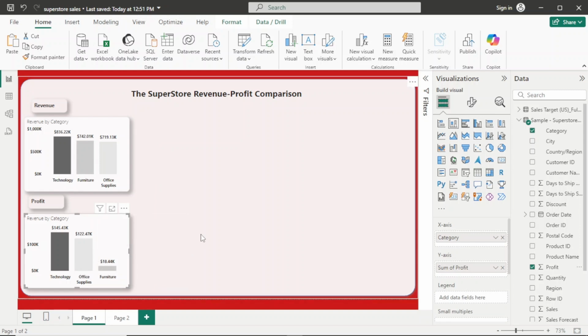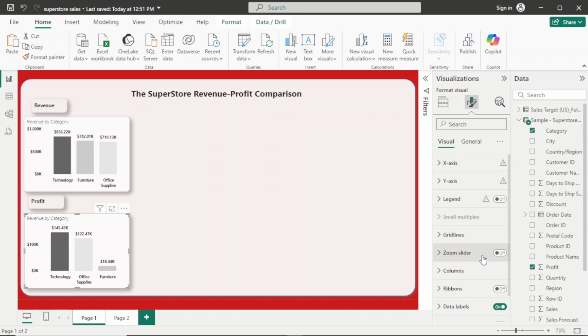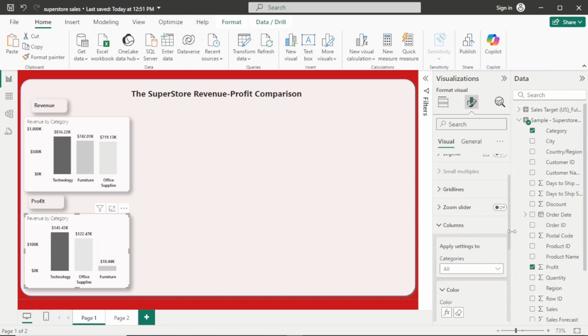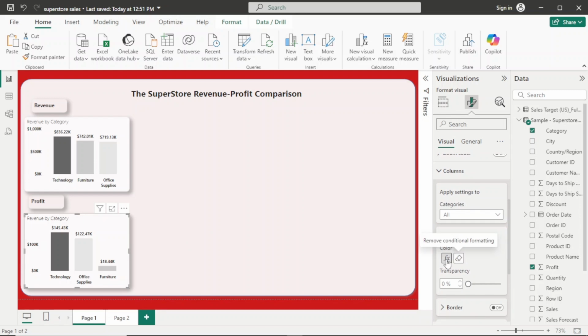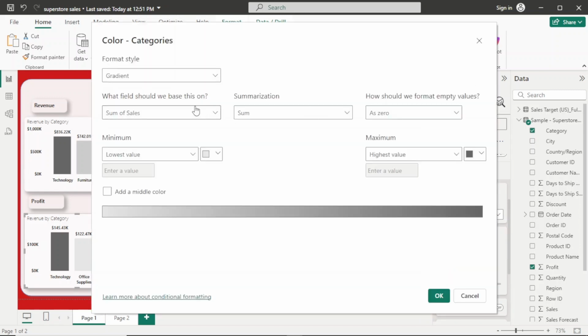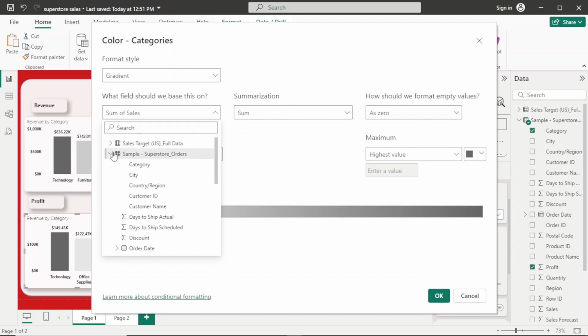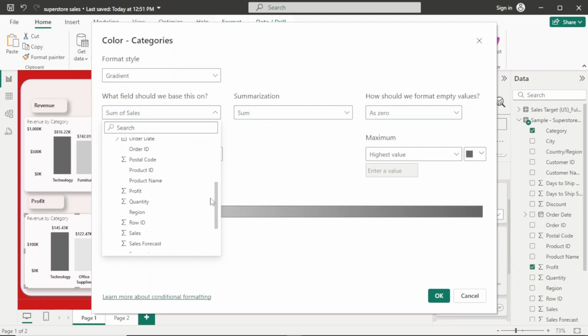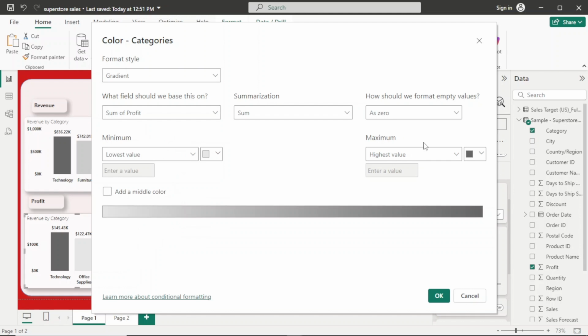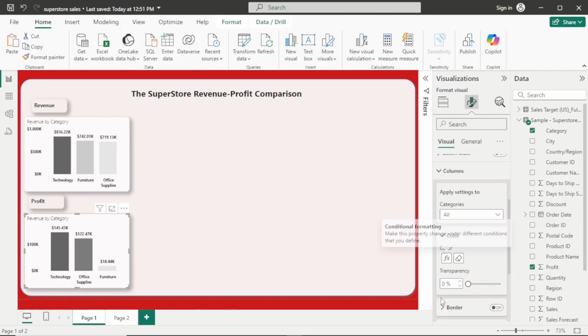We'll go ahead and start formatting this. Let me go to color, columns. Then I'll go to this formula. So instead of sum of sales here, we'll have the sum of profit. And then the gradient is going to remain the same. And I will click OK. Okay. So this is a bit done. It's coming really close to the profit of the technology category. Well, that's fine. We'll go to the next